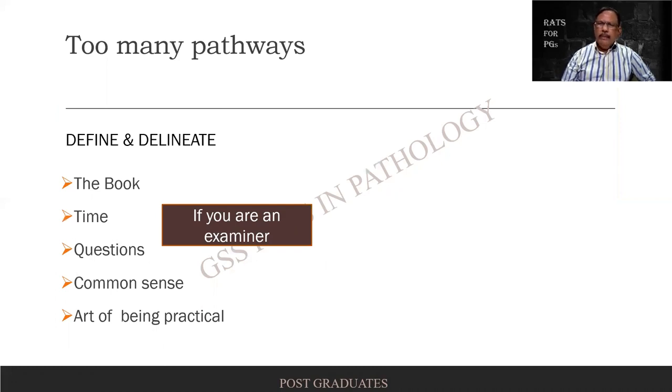Now, there are too many pathways. If you people kindly go to the library, you find that the maximum number of books in a subject will belong to pathology. Too many monographs, too many journals, too many reference books, and we intrude into almost every subject. Take oncopathology, for example, hematology, for example. The list is too long. But my question is,